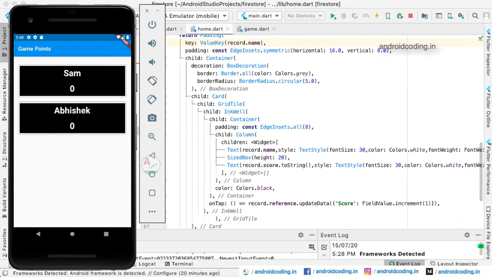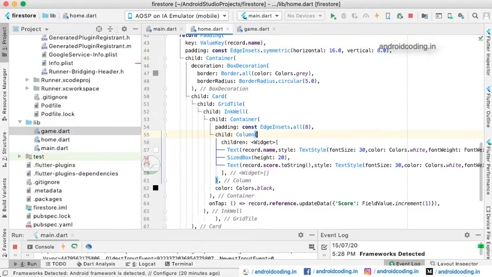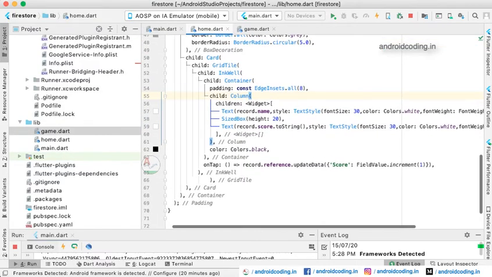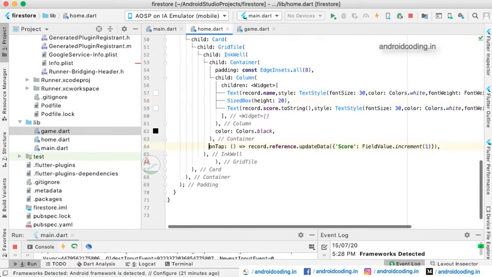To make the container clickable we have taken an InkWell widget here. Inside the container a column with children widgets, inside which we have considered two text views, one for the player name and one for the score. And here you can see onTap, so whenever we tap on the score we will make the increment applicable.